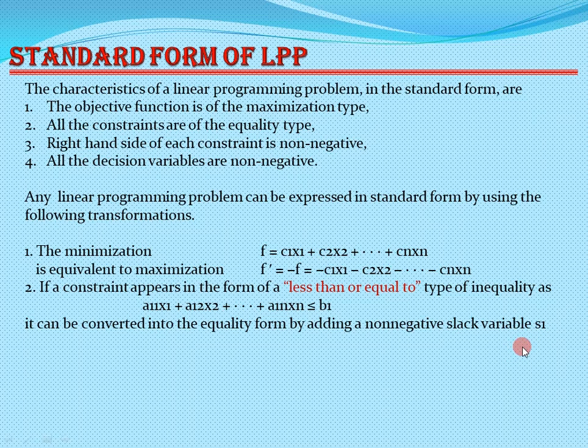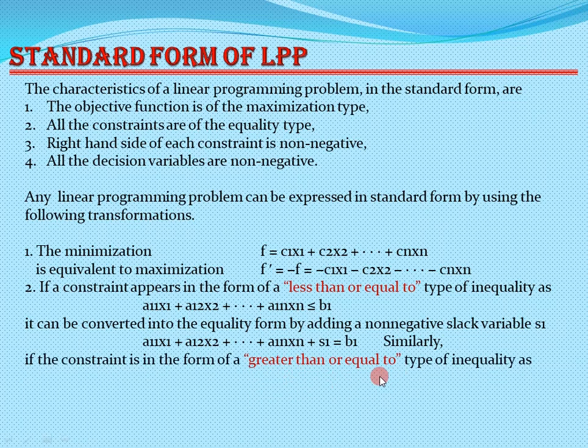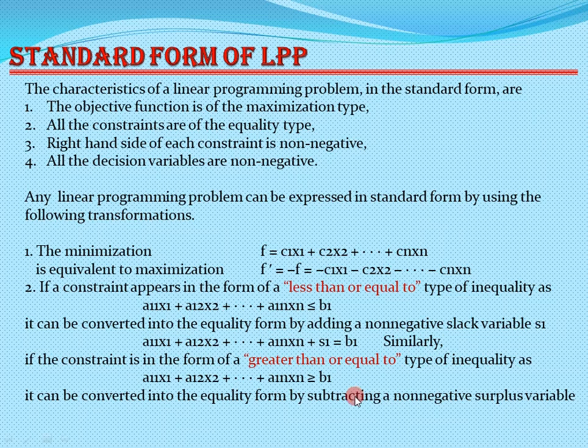So in this way, by adding the slack variables, we can easily convert these given constraints into an equality form. And sometimes the constraints are given as a greater than or equal to type. Then we have to subtract the non-negative surplus variable, which is denoted again as S, and for the first constraint we denote it as S1, second S2, and so on. So by subtracting this non-negative surplus variable, we can easily convert these greater than or equal to type constraints into